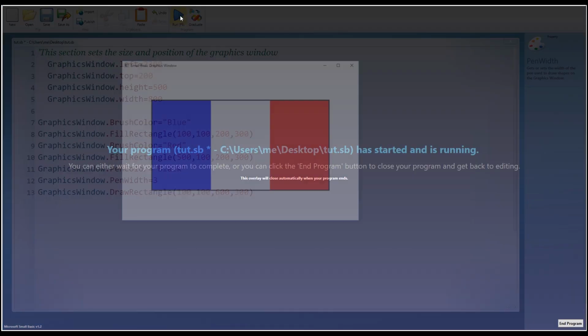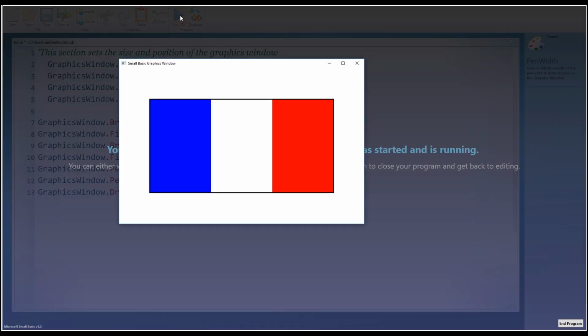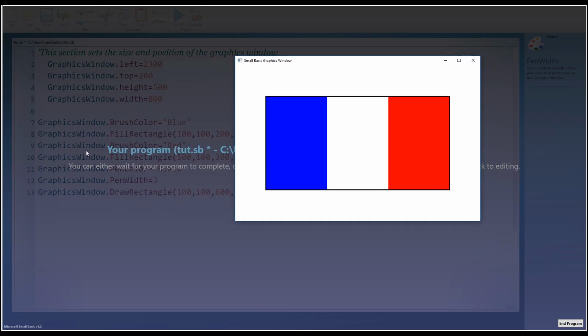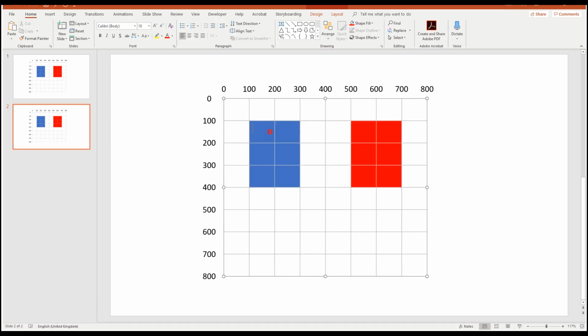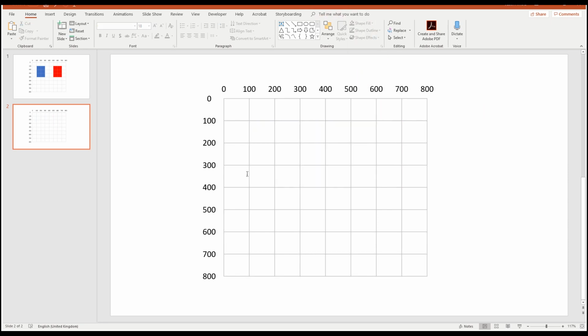And let's run that program. And there we are. So there's our French flag. So what you can have a go at doing now is to independently have a go at drawing the French flag using the fill rectangle and the draw rectangle, remembering your coordinates and making sure that you use something like this, and to draw it out on paper. I'll probably put a link to this PowerPoint resource in the description below this video. So if you want to download this example that I'm using, please feel free. But you can easily make one yourself, obviously on a bit of paper, but use something like that to plan